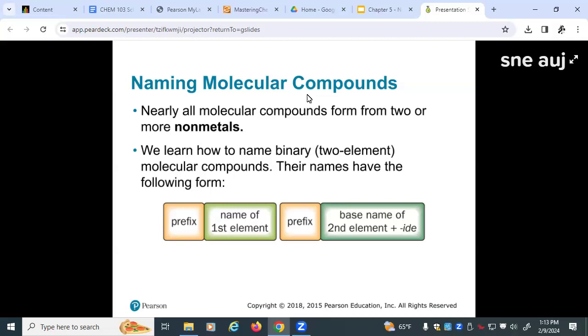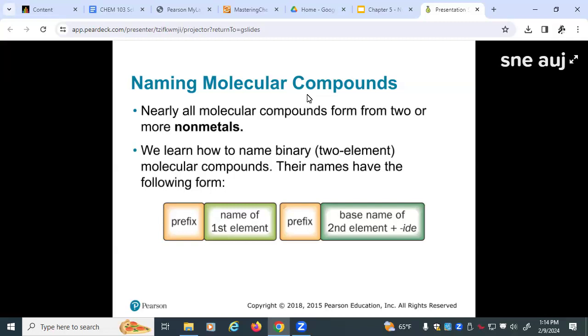So let's start off with molecular compounds. Molecular compounds we can recognize very easily. We've got two nonmetals. And so from a standpoint of variety, there isn't as much variety in molecular compounds as there is in the ionic compounds, at least based on the kind of limited structure that we're putting on it. And as far as that goes, we're going to basically talk about binary compounds and acids. Binary compounds,